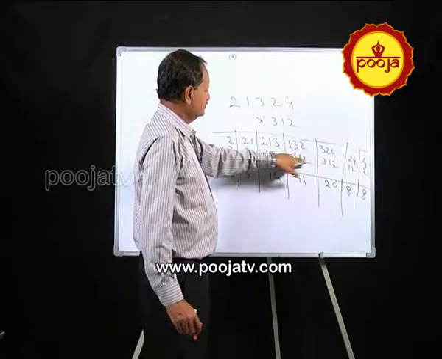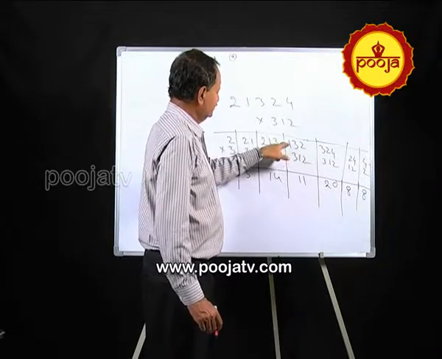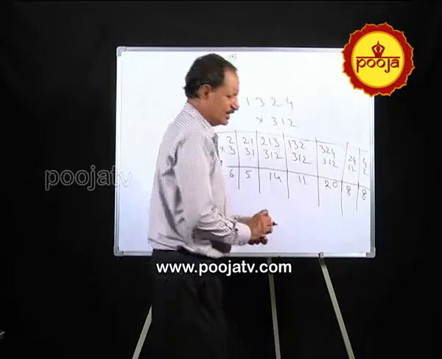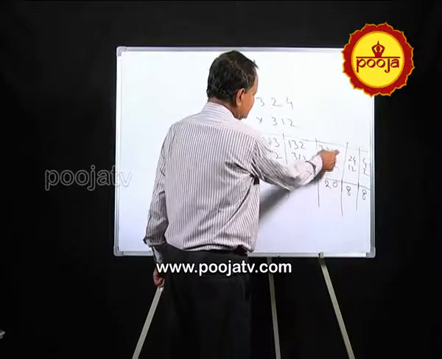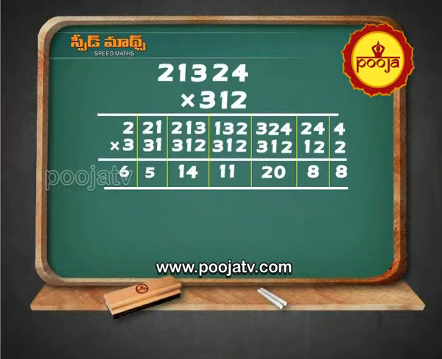Here 3 2 is 6, 2 1 is 2, so 3 2 6, 2 1 2, plus 3, 6, 2 8 plus 3, 3 1 3. That also you need not tell. See, 6 plus 12, 18 plus 2, 20. Here see, 9, 14, 9 plus 4, plus 4 also not necessary, 9, 4, 13 plus 1, 14. Like that you have to do.